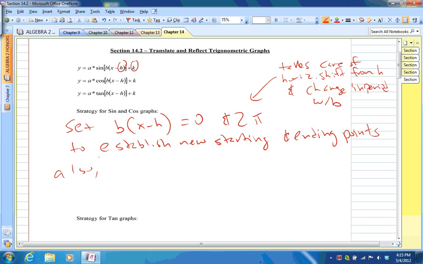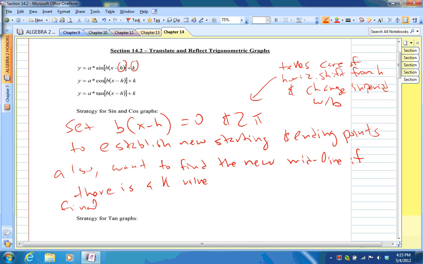Also, want to find the new midline if there is a k value. And then finally, plot your 5 points